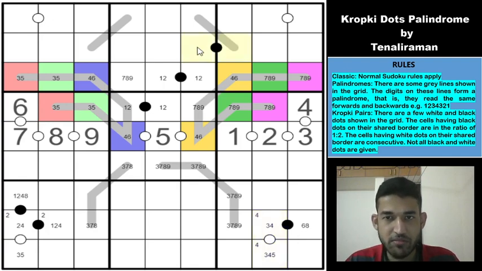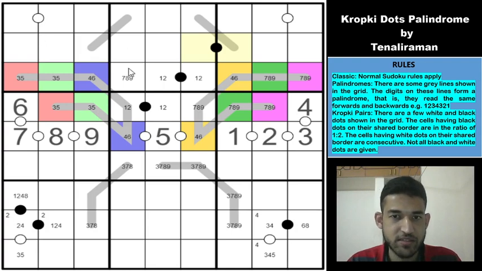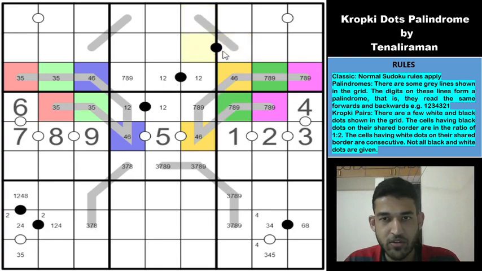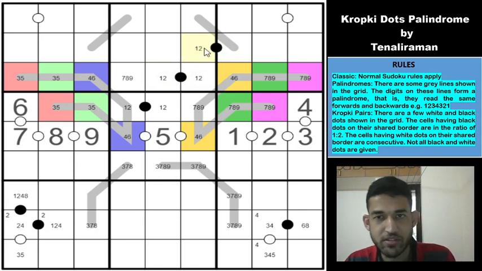Let us come over to this black dot maybe, because I think we have written all the digits on all the variant properties. So let us try to focus on this palindrome and this black dot. So this is very restricted, I think, right? Because of 1, 2 here, and because these two are same digits, it must be very restricted. Let us see if 1, 2 is possible here. 1, 2 is quickly eliminated, because 1 and 2 is here, so this cannot be 1, 2, because then you will have a pencil mark of 1, 2 here, which is not possible.